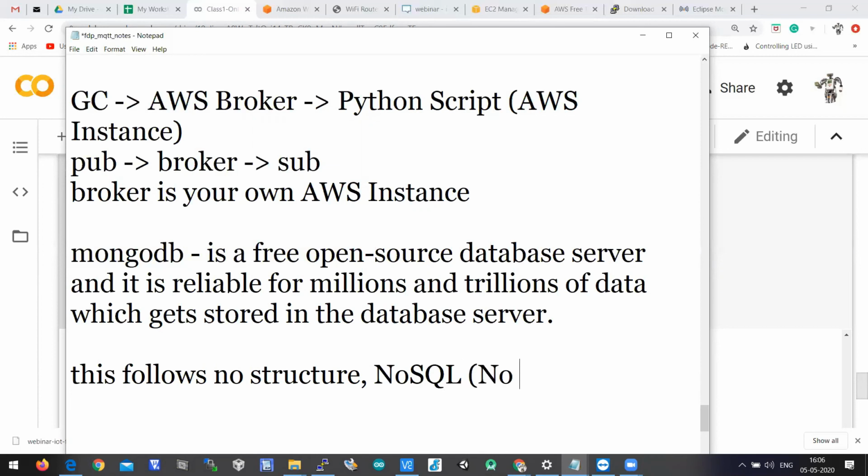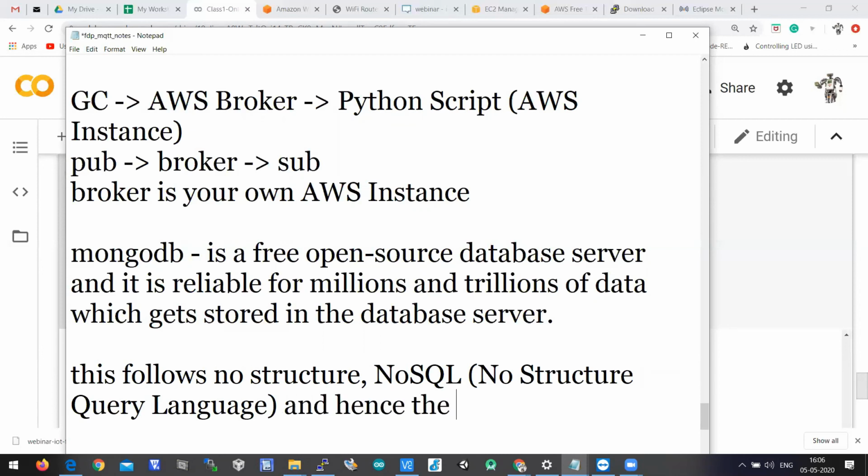NoSQL is nothing but no structure query language. So there will be no structure for storing the data, and hence the schema of MongoDB is always dynamic.